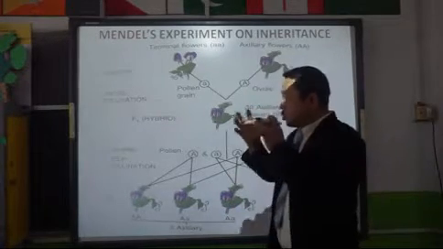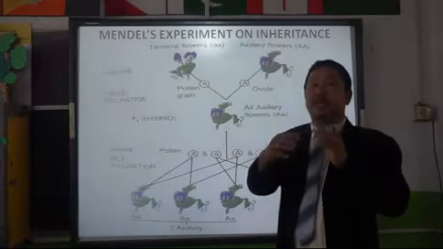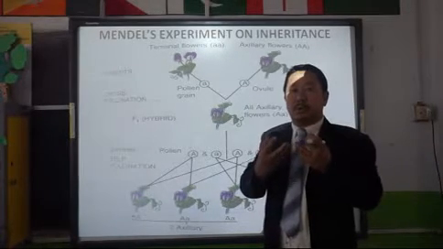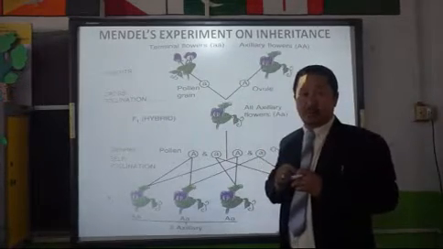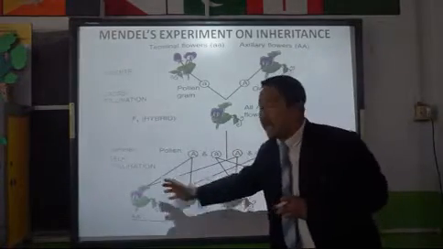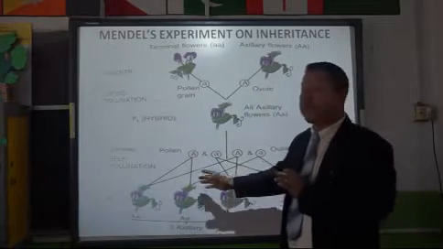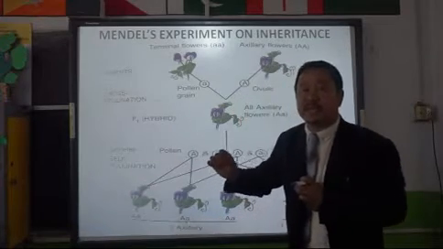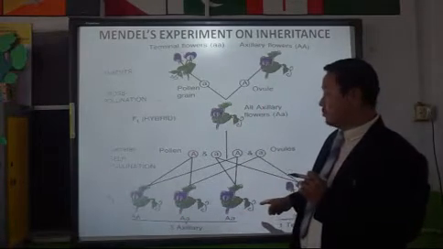So when he sowed the seeds from these plants after collecting, they again grew into big pea plants, and those pea plants now were showing characteristics like this. They were having the property like this, which was termed the second generation or the F2 generation. F2 means second filial generation. So these characters were seen in the F2 generation.